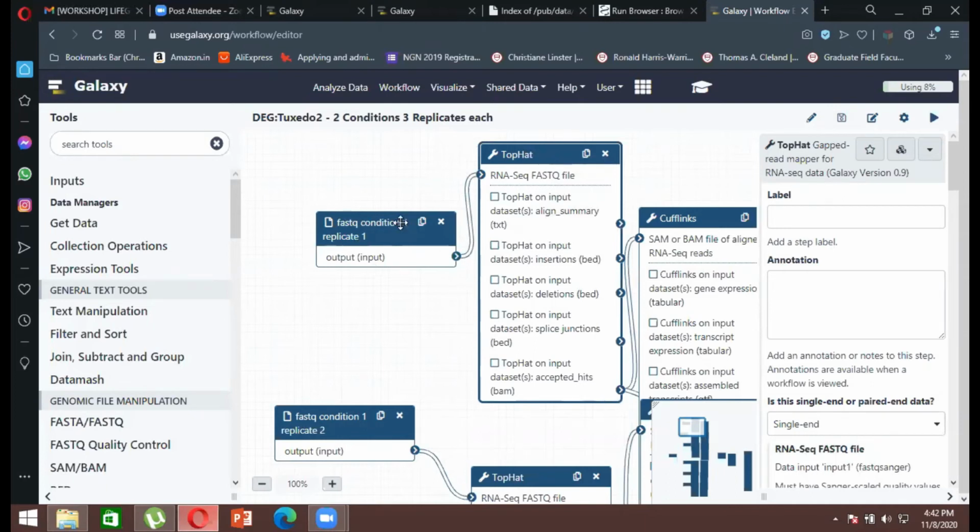This says that the FASTQ format is first processed, and after that it goes into TopHat. What TopHat consists of is the RNA sequence of the FASTQ file that we have imported, and the different things you are going to need: align summary, insertions, deletions, splice junctions, accepted hits. You can specifically select one of these.